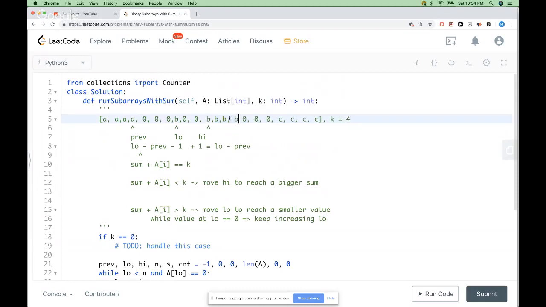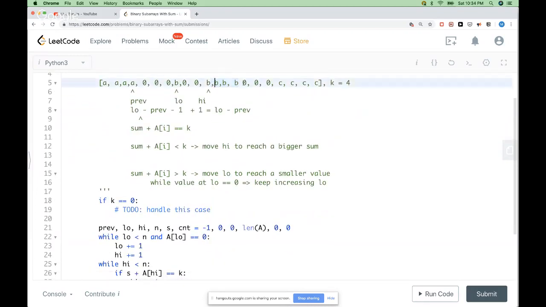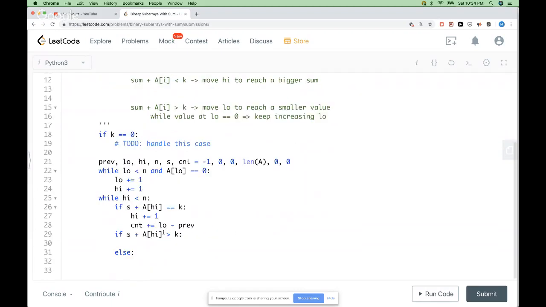Say we had another one here. Then in that case, we need to also count the occurrences, so if we had another one, we need to count this occurrence also, right? And so we are going to do high plus 1, and the sum increases by